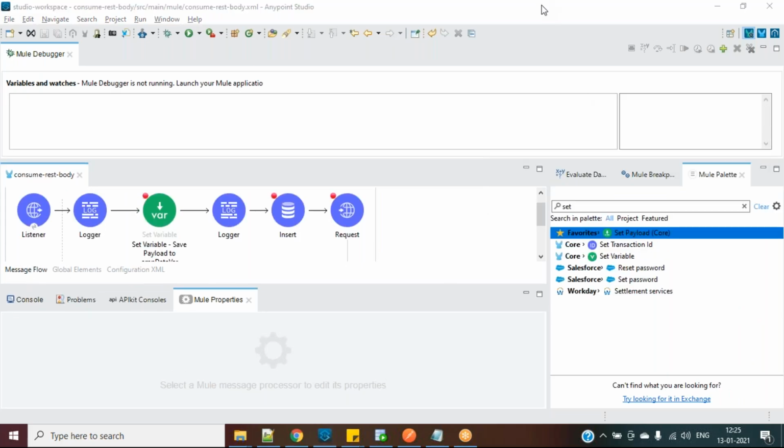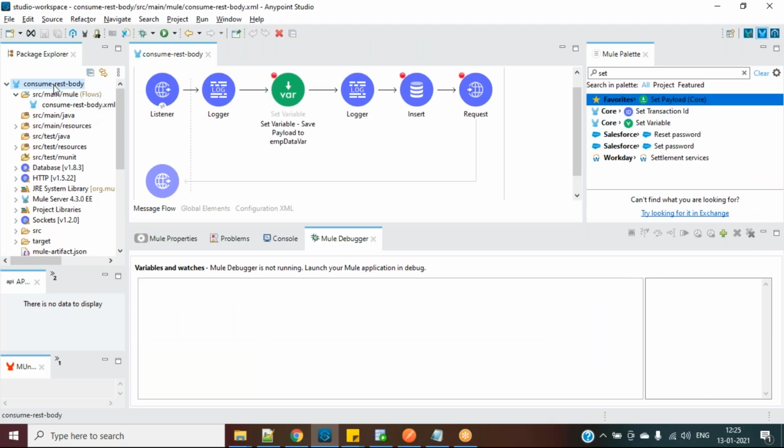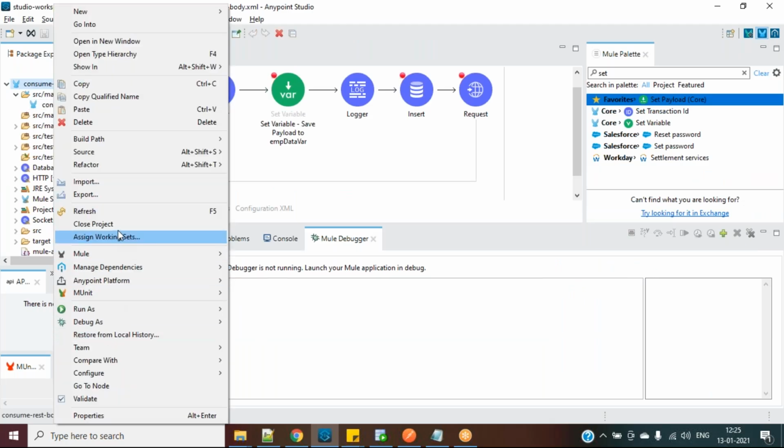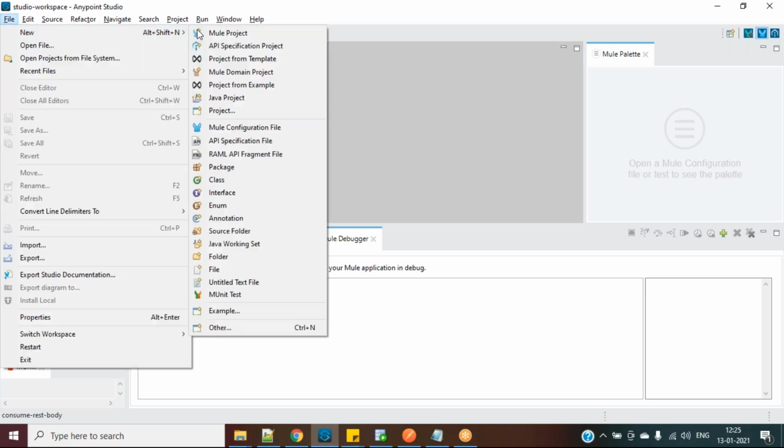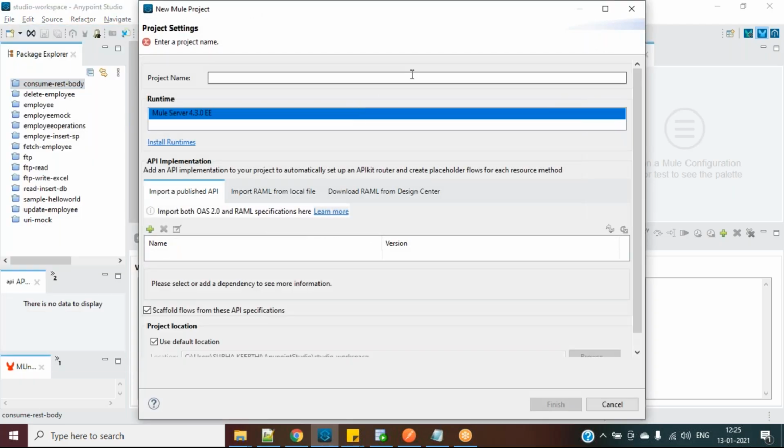So let me just close this one and I will say create a Mule project. This is consume. I will say rest with headers and I will say URI header. Okay,